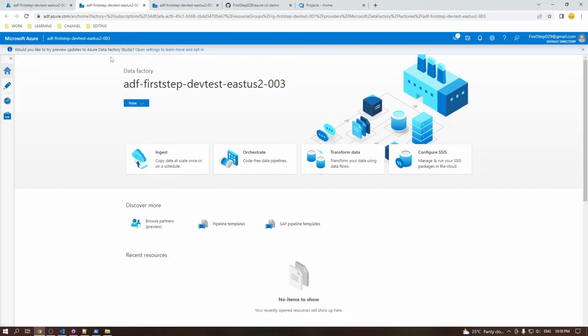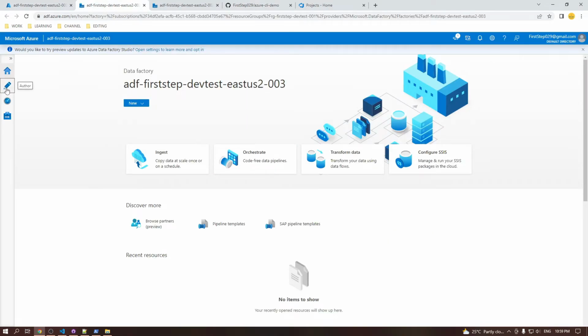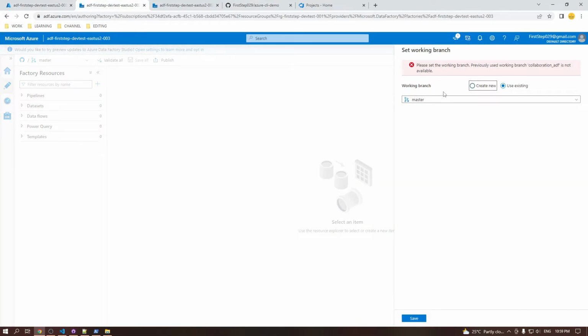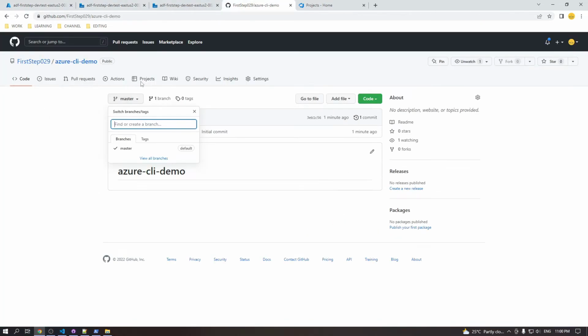So once this is opened, you will see it will ask us the branch name, okay. Currently what we have here is only master branch. If I come here and go to the author tab, see, please select the working branch, okay. So I'm going to choose save. I'm going to choose the master branch now, okay. So the pop-up shows a highlight red color error, which is something to do with my previous action. You will not get that one, but here you can see master branch is created,